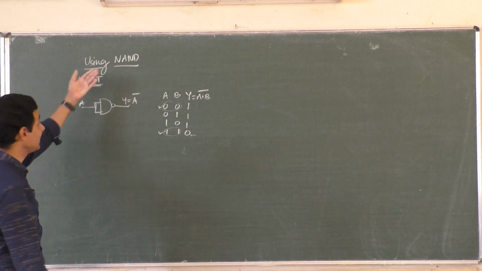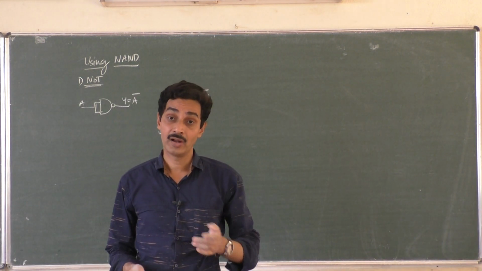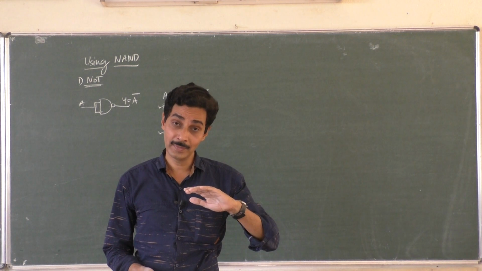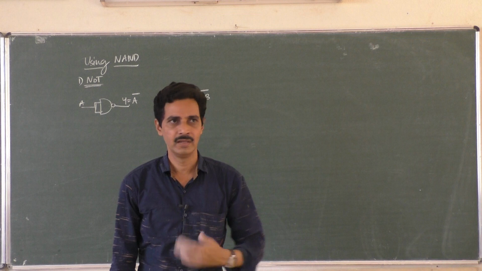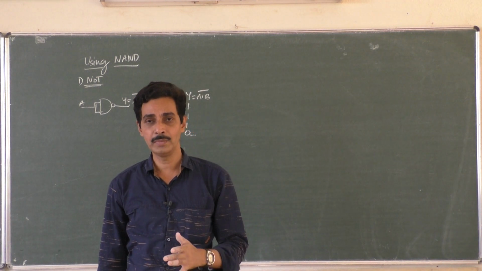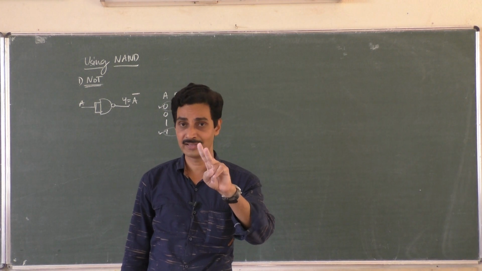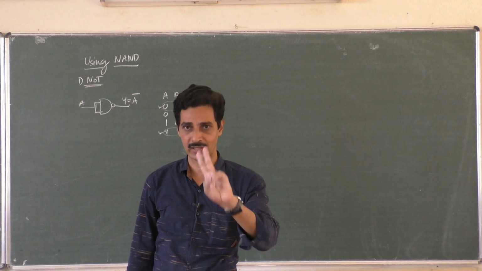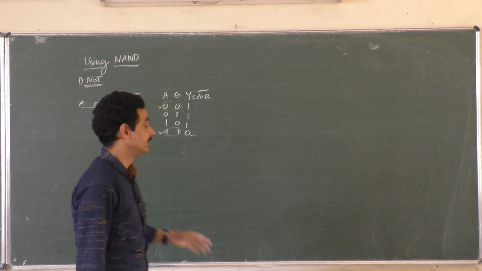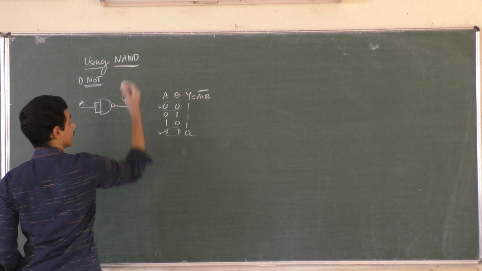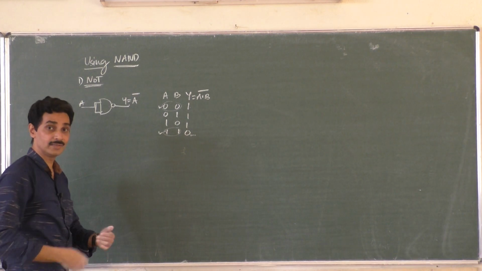Now how to get an AND gate from a NAND gate? That is very simple. How? NAND is already a complemented AND, right? Complement it again. What is 0 bar? 1. 1 bar is 0. Again you will come back to the original number because we have only two options: yes or no, true or false, 0 or 1. Complement 0, it becomes 1. Complement 1, again becomes 0. That means NAND is already complemented, so complement it again. But you have to do everything with the NAND only.